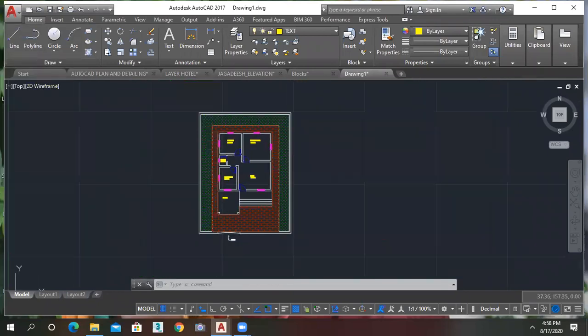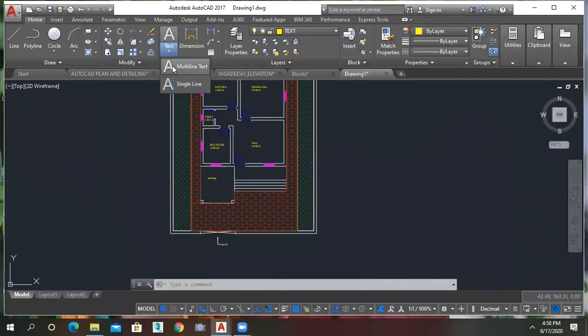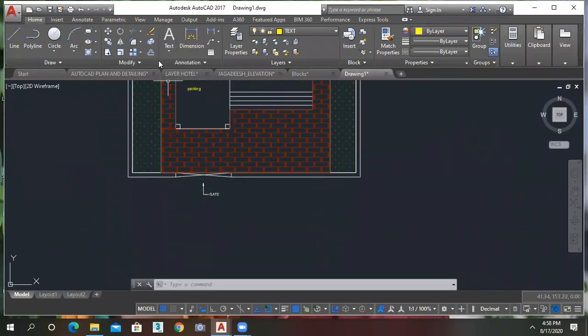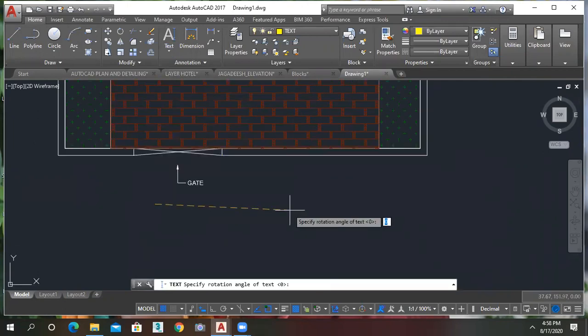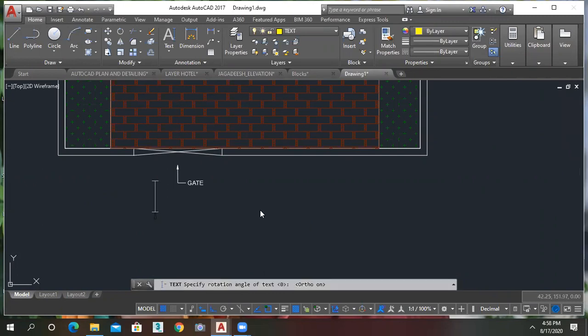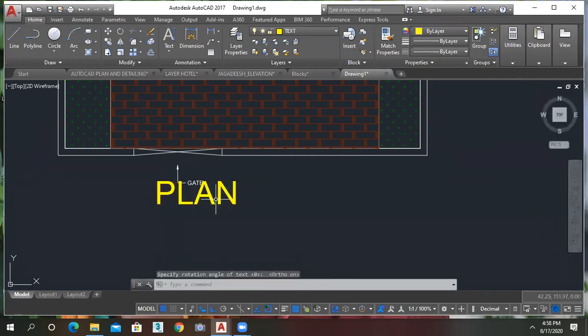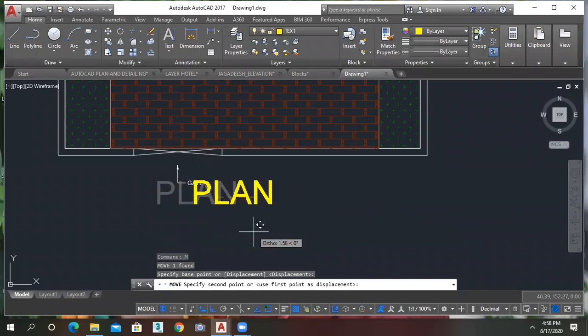Is there any doubt in the plan? Just text again, or else you can take the single line text and name it as plan. Make it caps. And move it in a proper way.